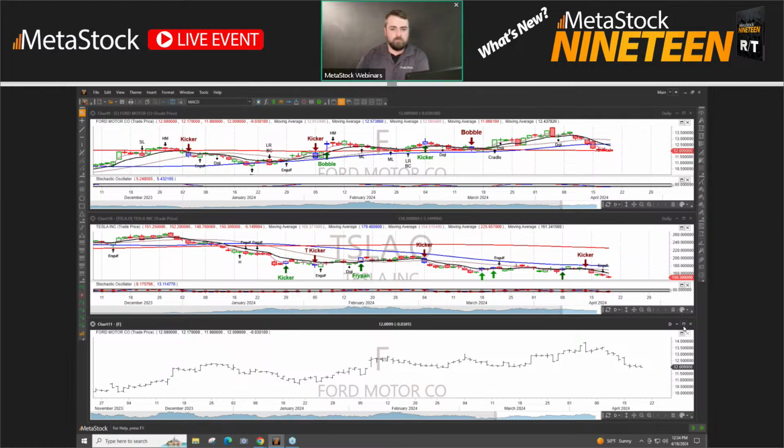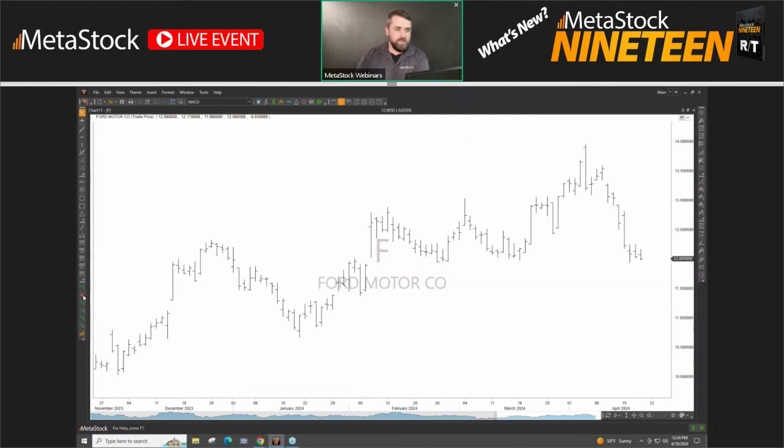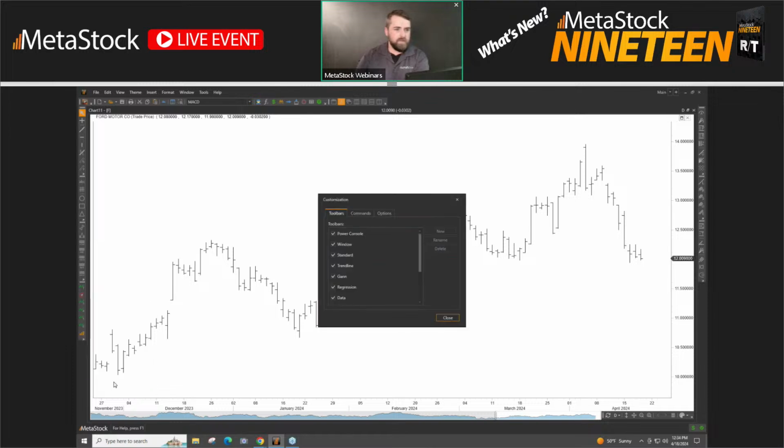I had multiple open here. This is the one that I made clean. You can come in and customize these. If I click customize, this is for customizing the toolbar, sorry. I can say which tools I want to show up on here. They have different commands and options for these.